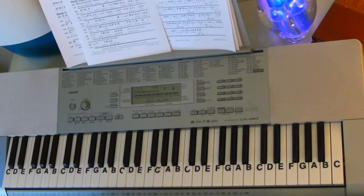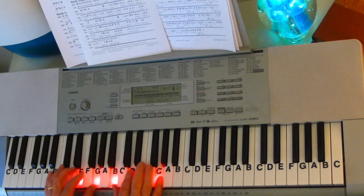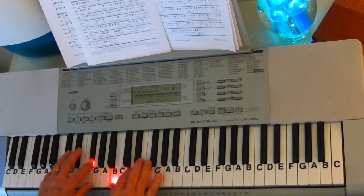Right here we've got the E and the G in the bass, E, G, B, D, and we've got a G on top of that, so we've got an E minor 7 sound with the third doubled. So you go from this B minor,